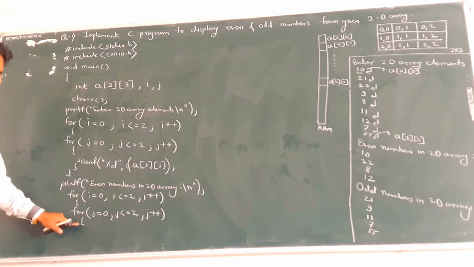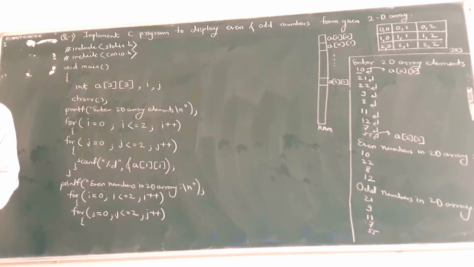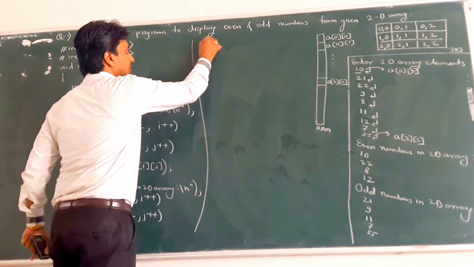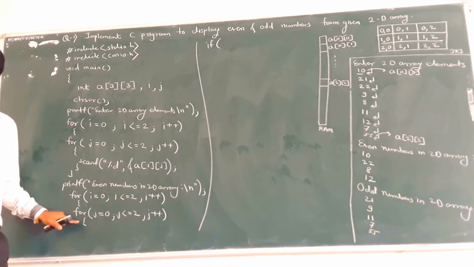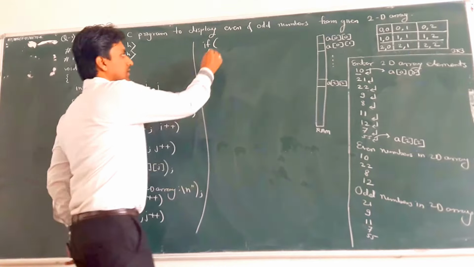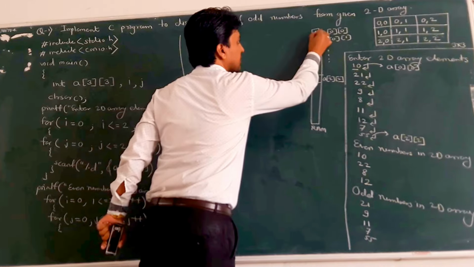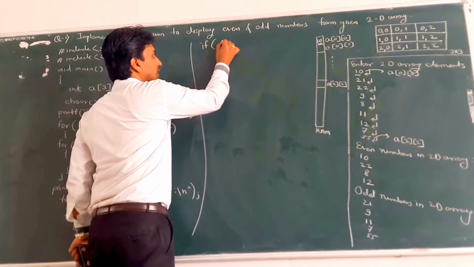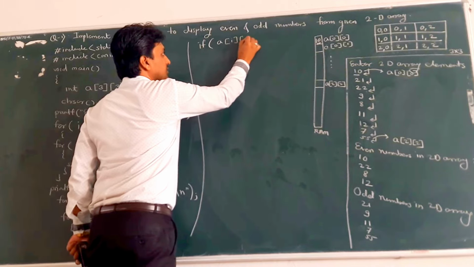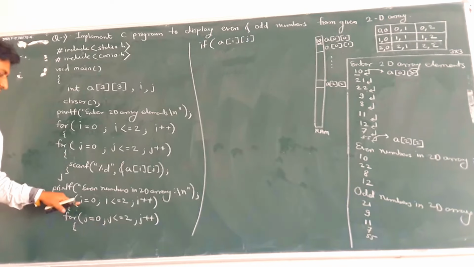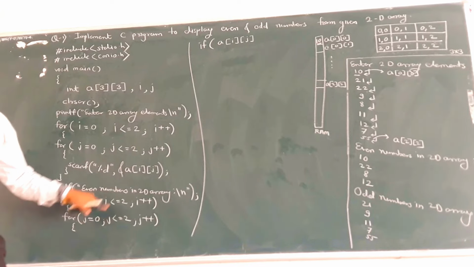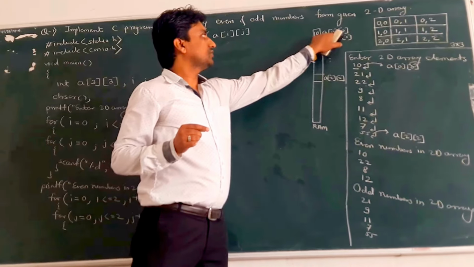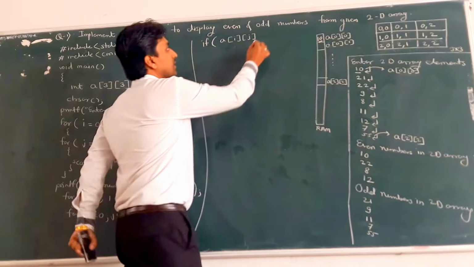After that, curly bracket, check whether that number is even or not. Means for checking, inside the inner for loop, use if. The first value is 10, so check whether 10 is even or not. How can we check it? Using the code A of i j. Initially the value of i is 0, the value of j is 0. So A of 0, 0 gives you the value at A of 0, 0, that means 10. Okay. Mod of 2.